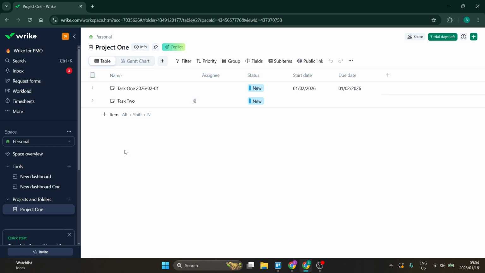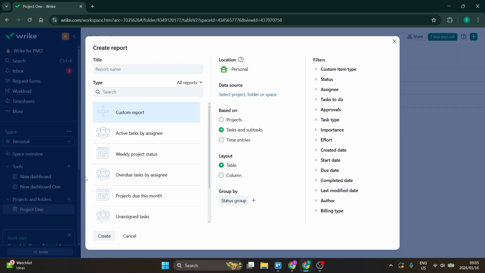And this is very important because this allows you to just add in whatever information it is that you'd like to add in to your report. So what we want to do is make sure that on the left-hand side, we are in our space. We're going to come down to Tools, click on the plus icon, come down to Report, and here it'll say